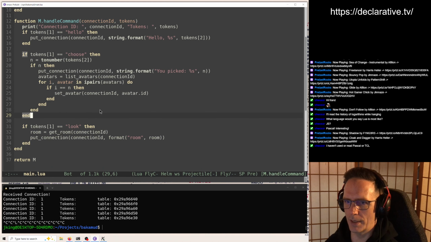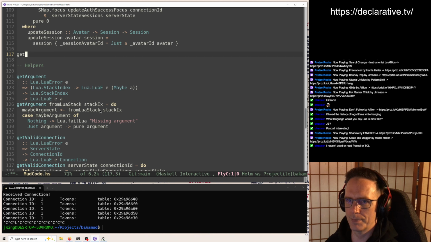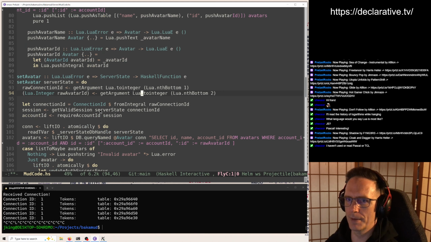I'm going to call it get room. Yeah, we need an error on this, right? Constraint, because it's a Haskell function, E, I believe is the type. And we get a server state.